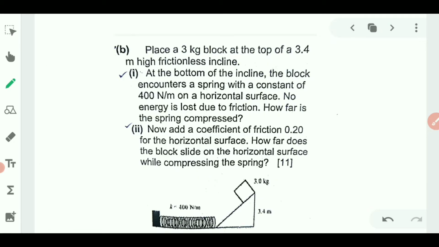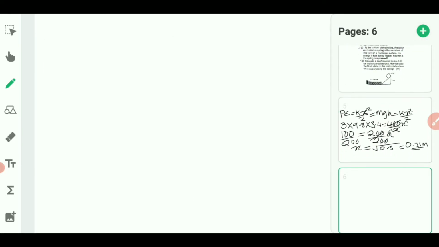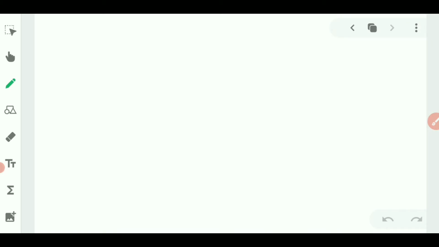In part B, we are told to say if a coefficient of friction 0.2 was added, then we have to find how far the block slides on the horizontal surface while compressing the spring. So again, we need to take into consideration that in this case, all of the potential energy goes into compressing the spring and also overcoming the friction. So what we're going to have is